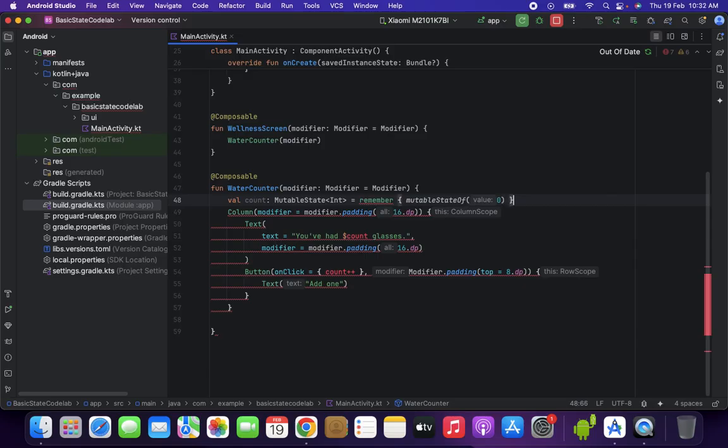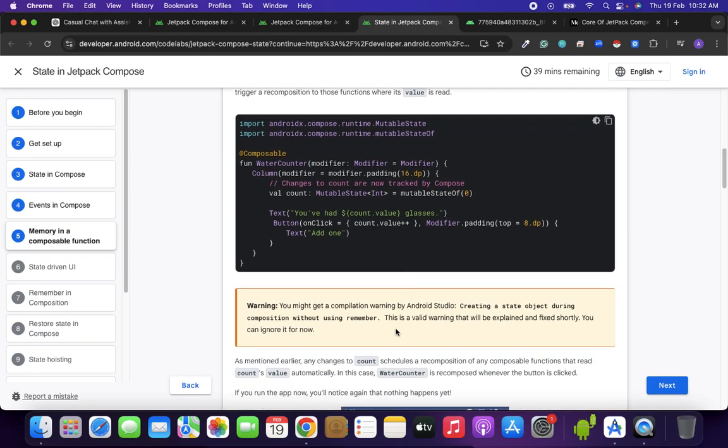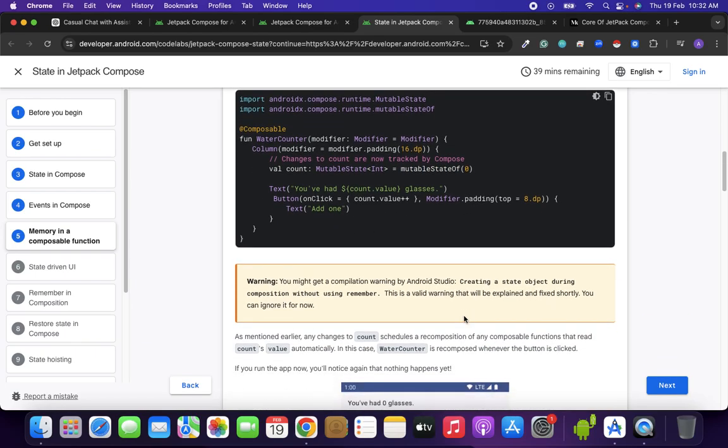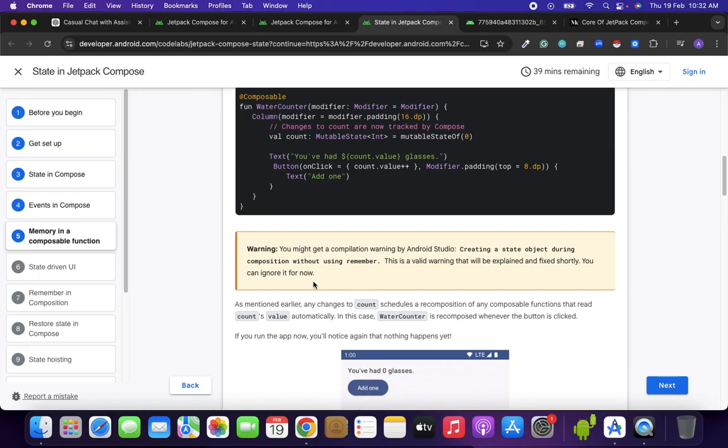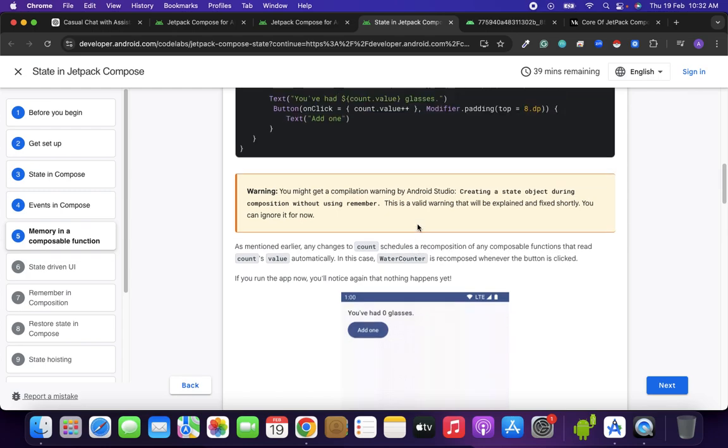That's wrapped inside remember. So you might be getting a certain warning without using remember. This is a valid warning, which will be explained and fixed shortly. You can ignore this for now. As mentioned earlier, any change that counts